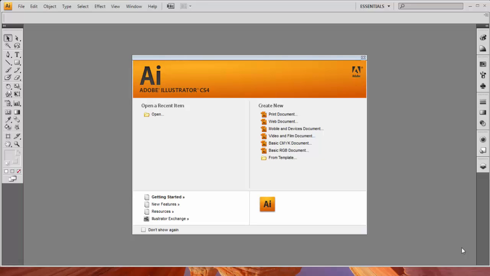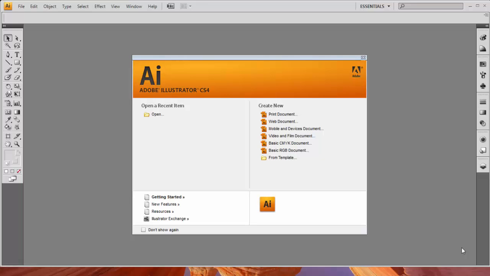Setting up document. Setting up your document correctly from the start will make your job much easier as you work through your project. You will require some advanced planning. For example, if your final output will be a brochure, you may not need to set up your document to be horizontal or double-sided.